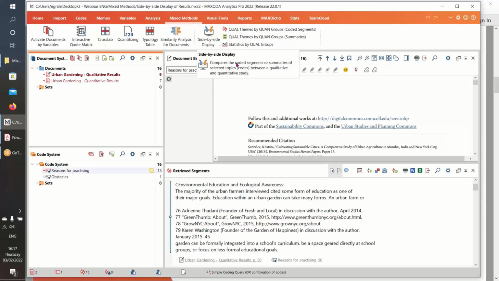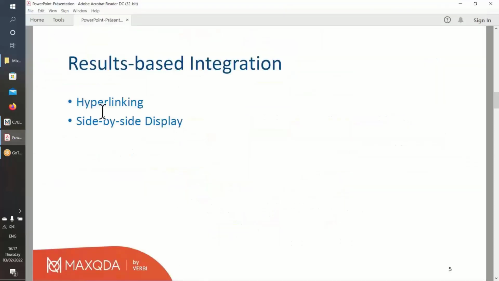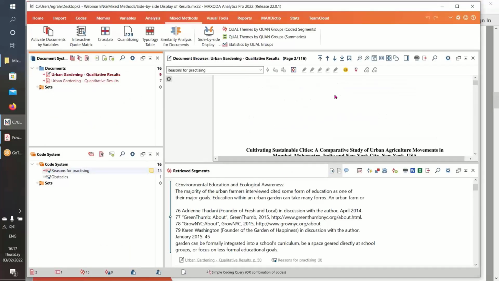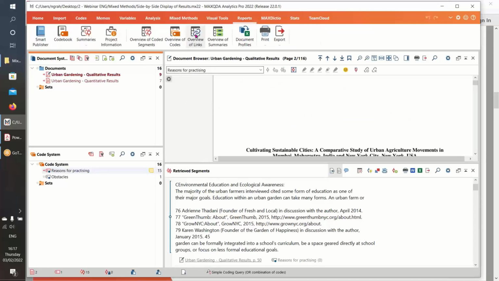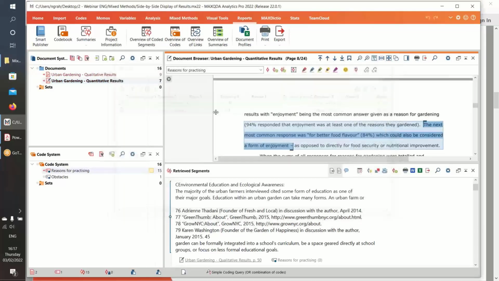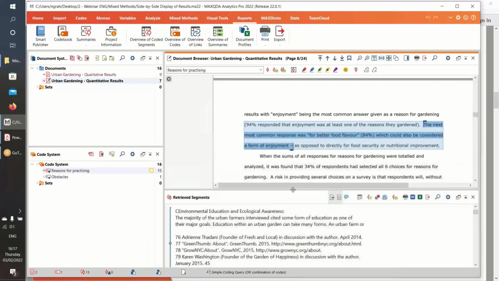I also mentioned hyperlinking. Just come back to here. We've got the hyperlinking. That is a simple tool in MAXQDA where in one document we mark a segment as being of interest. Let me just go and get the overview of links open, because we have got a couple of links. Here we are. Let's find one of these. Close that down. So here in this document,